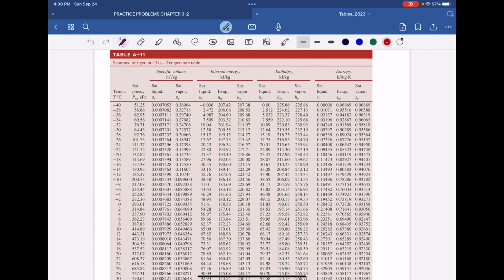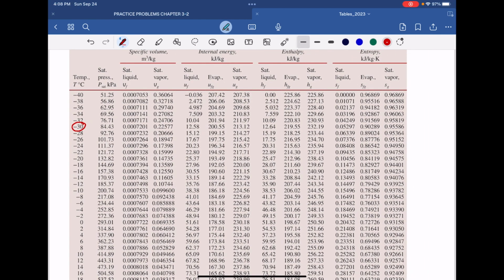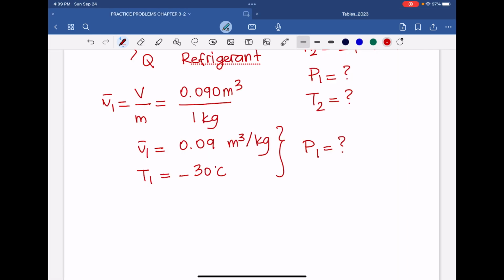Let's see, where is it? Here. And VF and VG are given here. So I'm going to write them down to my page. So VF